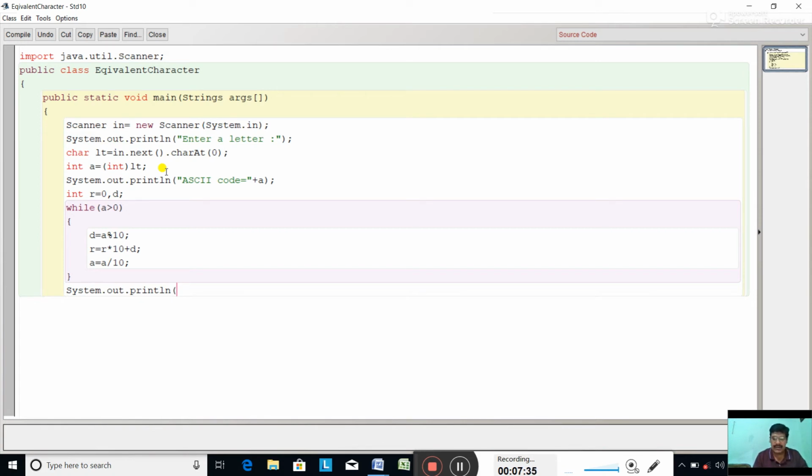The printing part: System.out.println reverse ASCII code equal to, plus r.